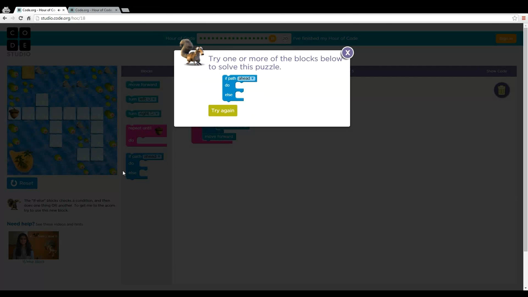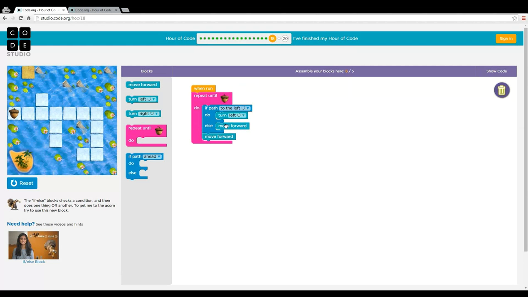Too bad. It didn't work again. Why? Because he moved forward without having checked before the fact that there was a path to the left. So the first time he moved forward and then he moved forward again. So let's try it this way. Okay, it's working, but